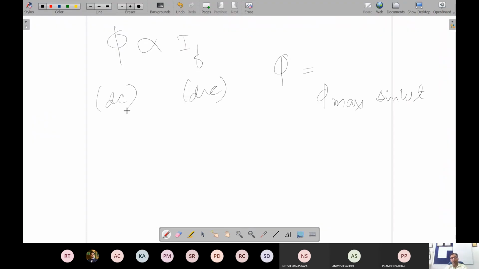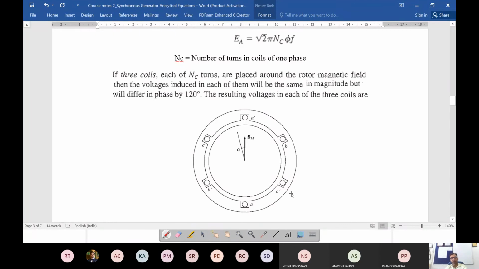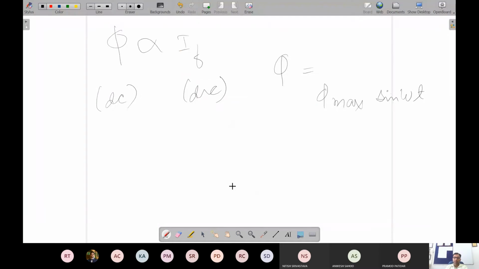But also, if you see here, we are talking about 3 coils, and these coils have a 180-degree phase difference. Whenever we have a coil, there is a term. This is just the flux which is there. Then there is a term which we call the flux linkage.